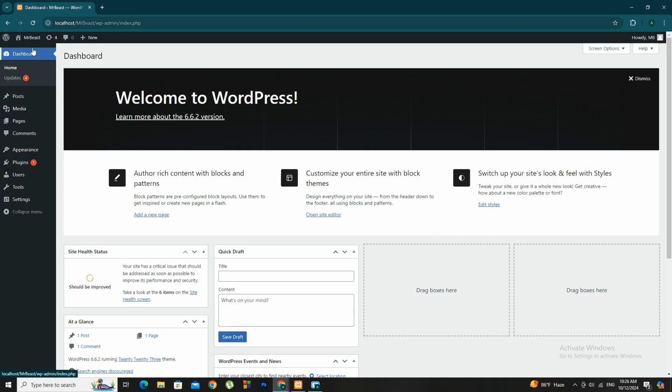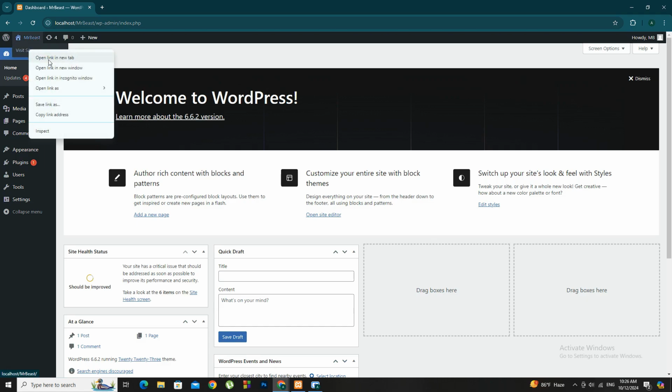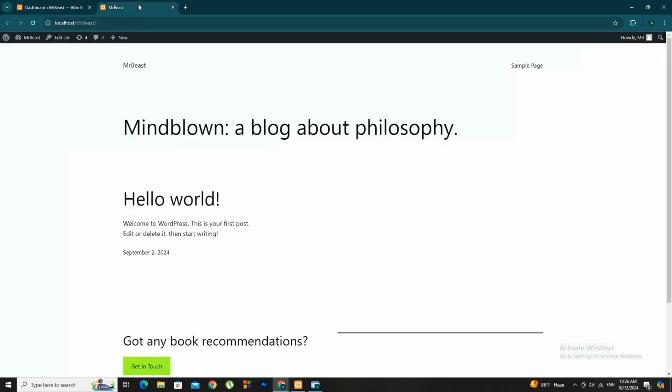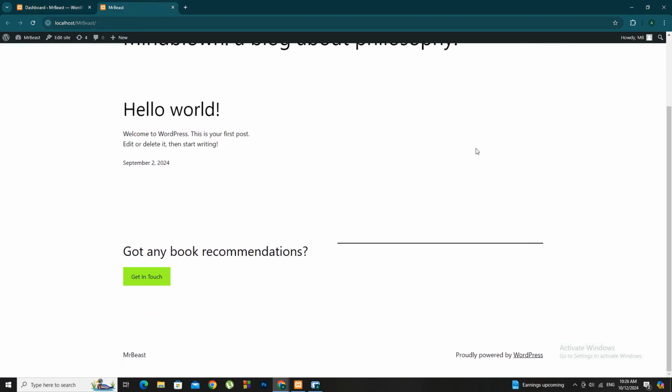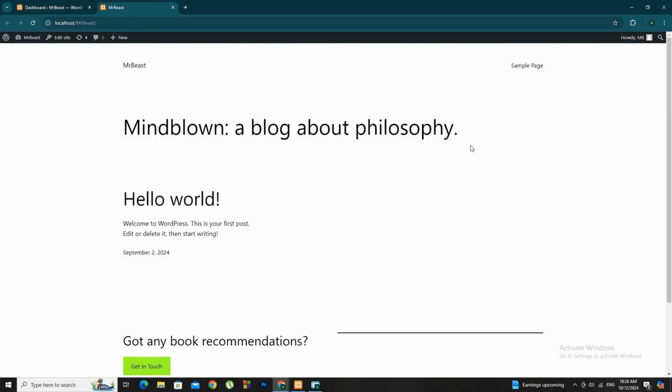Let's quickly check out how our site looks right now. I'm going to open it in a new tab and, well, this is the default look. Not exactly MrBeast level exciting, right? Don't worry, we're about to give it a total makeover to match MrBeast's epic brand. So, the first thing we need to do is install a new theme that will transform the look and feel